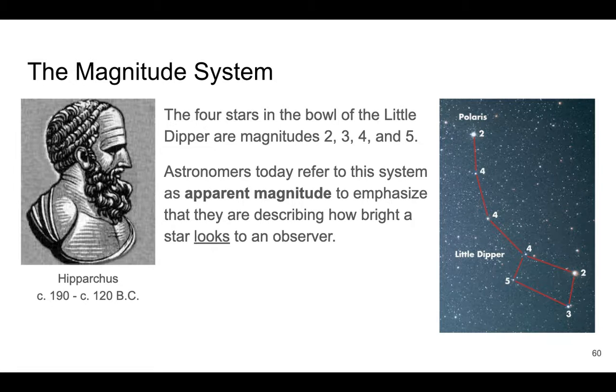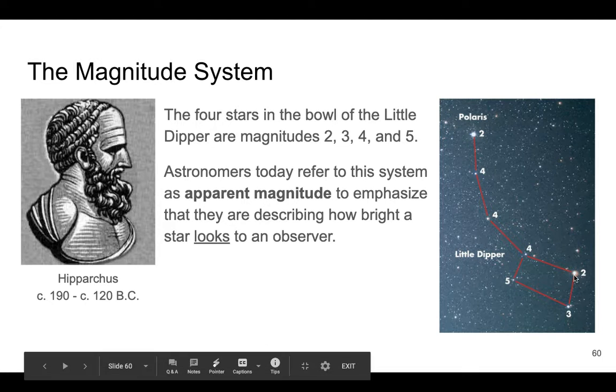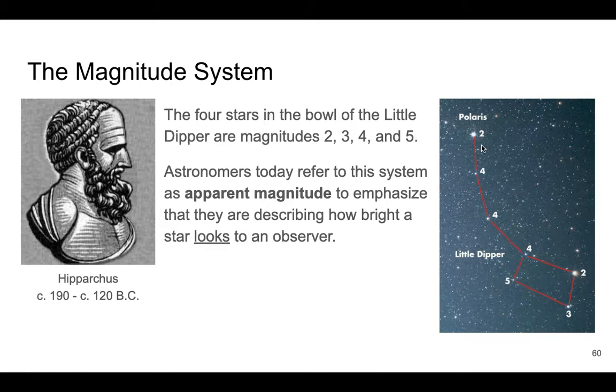If you can find the Little Dipper, it gives you a useful way of comparing the magnitudes, because the bowl in the Little Dipper is made of 4 stars, and they happen to be of 4 different magnitudes. The brightest one in the bowl is a 2, the next brightest one is a 3, and then a 4, and then a 5. If you want to find the Little Dipper, look for Polaris, the North Star. Polaris, also a second magnitude star, is the end of the handle of the Little Dipper. So again,